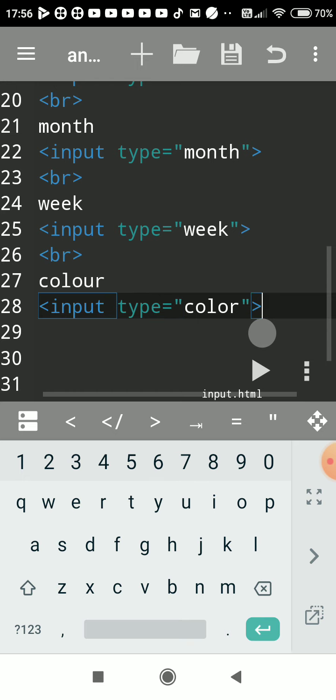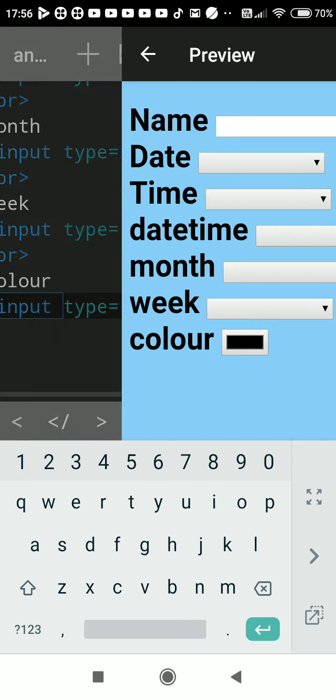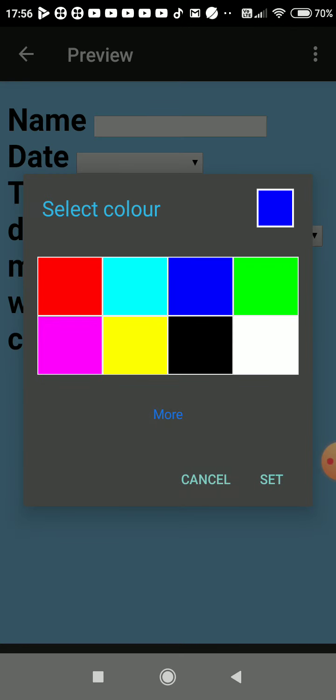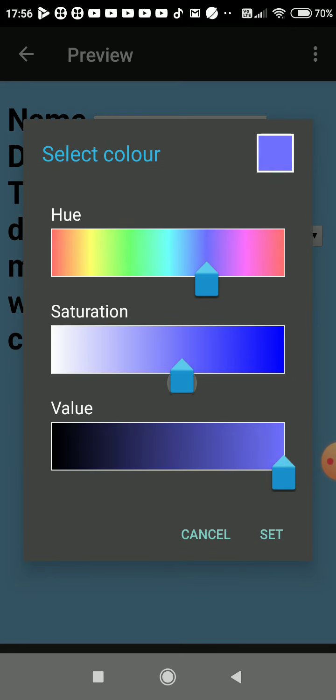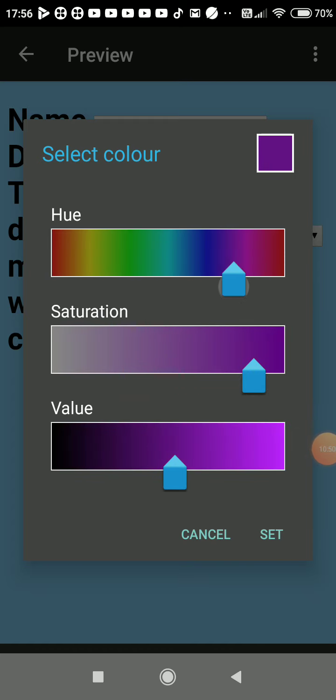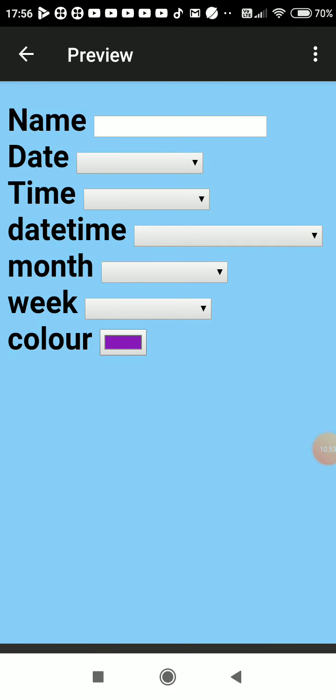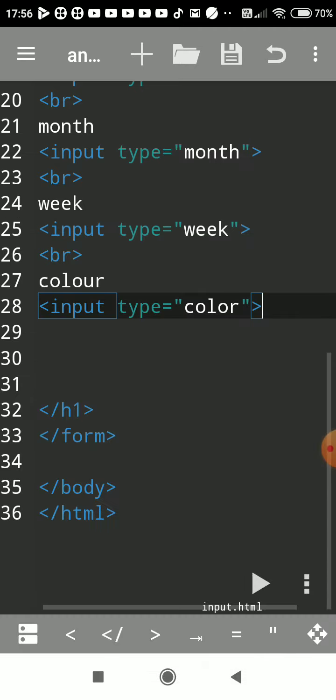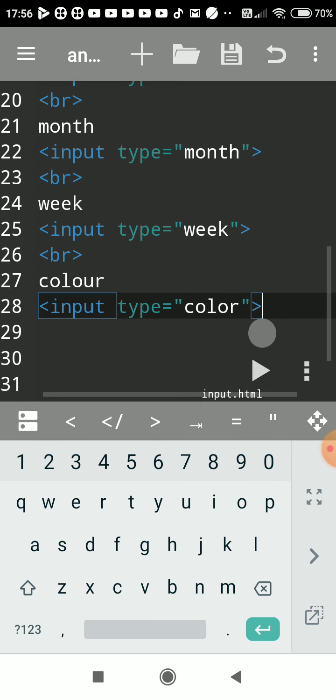Close this, save it. So you will get by default black color. So you can select any color and click on more. So you can move this any level of color, mixing you can do of that color. So this is called color picker. So you have to write just color, not CLOR, not CLOUR, because it is predefined.